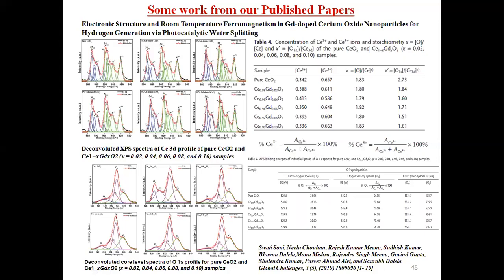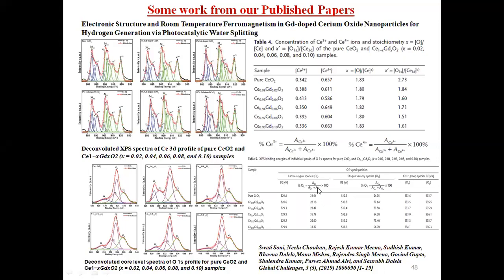Oxygen left these sites because of incorporation of other elements. Here we have doped gadolinium, and we also have contamination peaks in the third and fourth Gaussian, where the third is actually the surface oxygen, which is because of contamination, and the fourth peak is also there because of the hydroxyl group present on the sample surface. So we can also derive the various components from the oxygen 1s spectra.